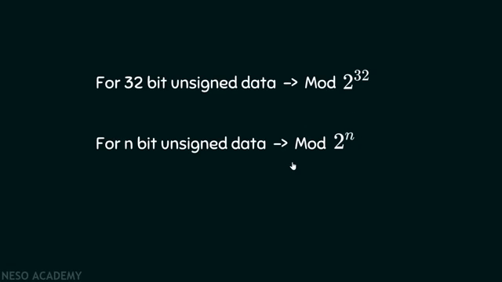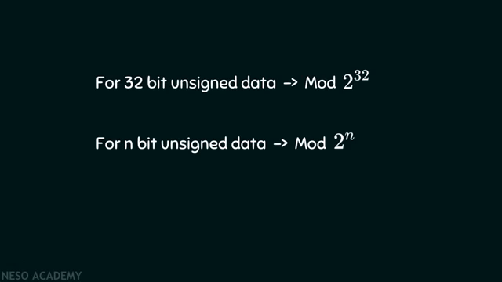Now let's talk about the signed range. Signed range is a little different, but the idea is the same. Let's again take an example of 3-bit data. For 3-bit data, the signed range would be -4 to +3, according to 2's complement representation. Now it's quite easy to represent the numbers in 2's complement and see what happens